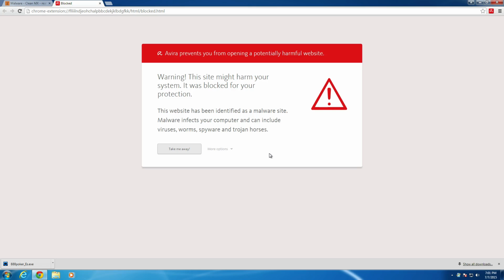So that's going to be it, guys. Avira Browser Safety, fantastic job. Go ahead and install it on your system. It's got my seal of approval. Seems to be very lightweight, at least the Chrome version. Internet Explorer, however, as you saw, a little bit lacking in the sense of protection when it comes to the tracking and privacy protection. But overall, before we go here, I'm going to try and run a couple links in Internet Explorer